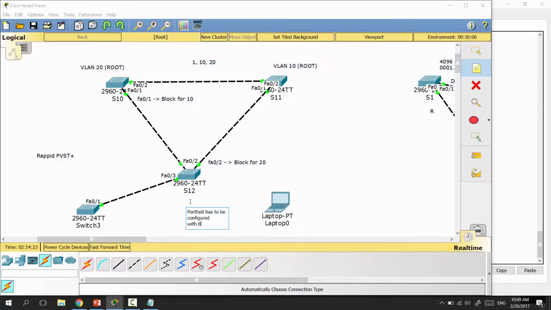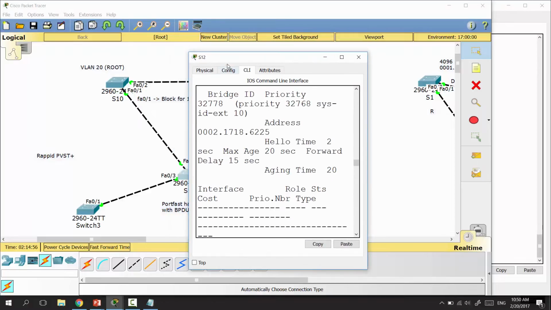with BPDU guard function. BPDU guard means that you already block, I mean you skip the listening and learning state on the switch port, and it means that it will not work with the STP. But when a BPDU frame comes to the switch port, it means that something went wrong, and this port has to be placed into error disable, like in the port security mode,